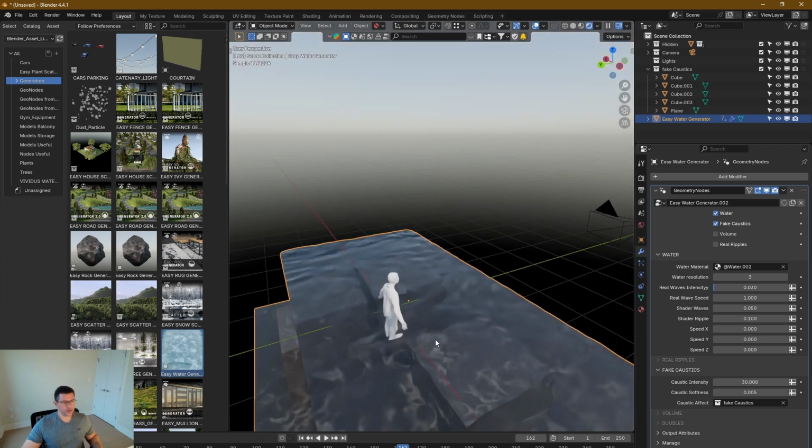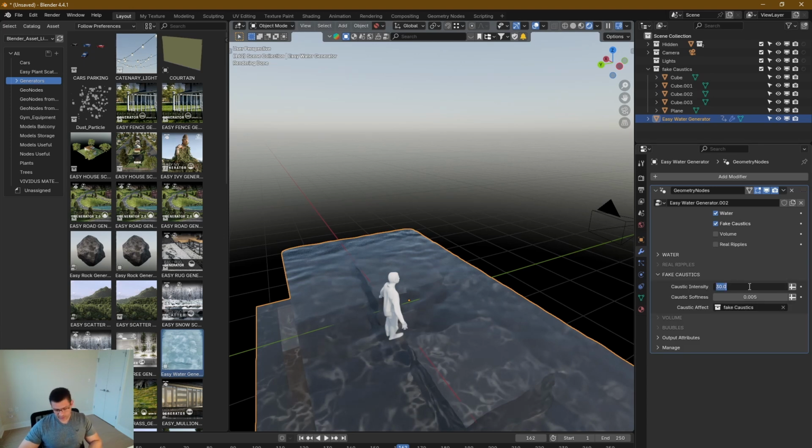Okay, so that's how the fake caustics work. And you can control the intensity of your fake caustics here as well, if you just want to have something going on a little bit. Okay,